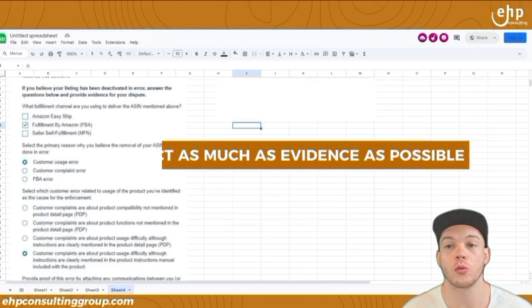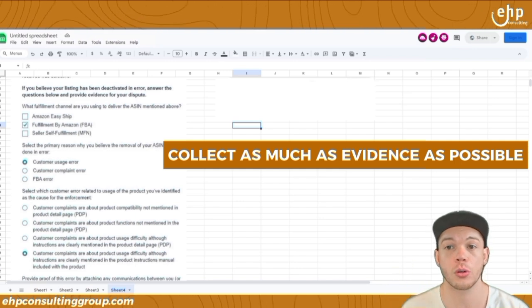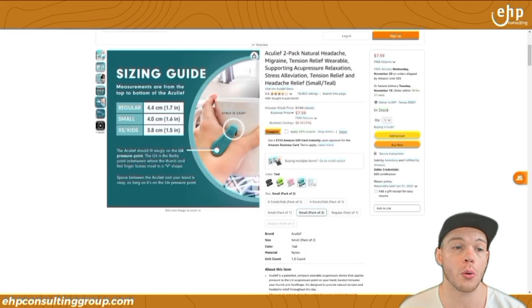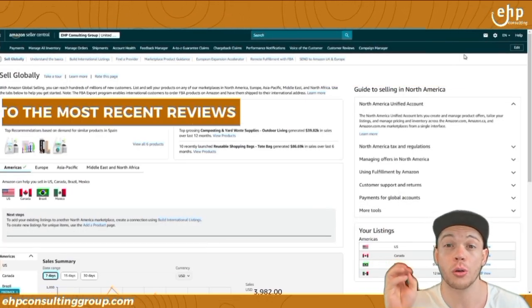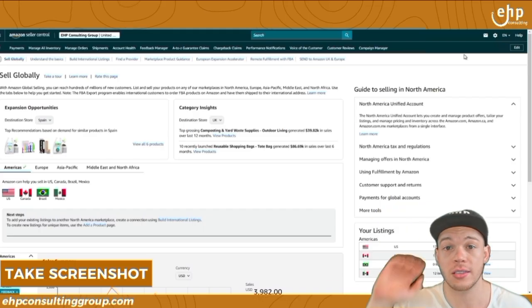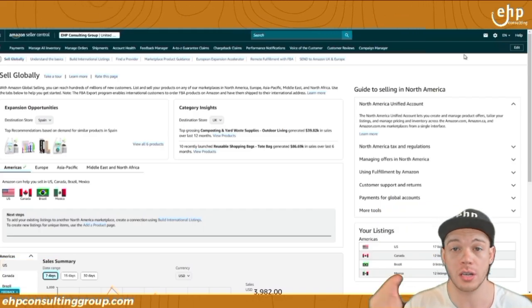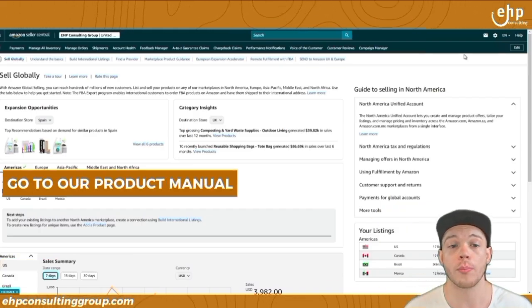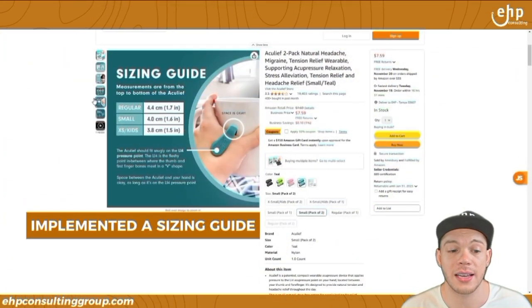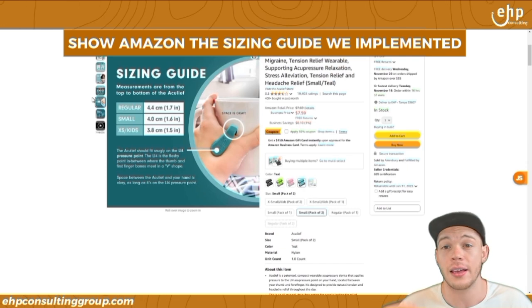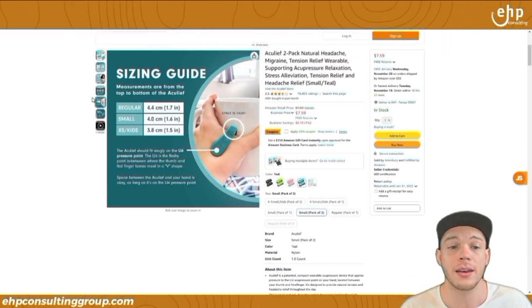If it is this, then you really do need to collect as much evidence as possible. In this case, what we would do is we'd go to Amazon and we'd go to our messages and see the customer messages. We'd look through our most recent reviews, take screenshots of those, and see that it actually was customer error. After that, we're going to go into our product manual and say, you know what, the biggest issue and the return reasons were because the customers, it wouldn't fit on their hand. So what we did is we implemented a sizing guide, and you're going to show Amazon the sizing guide that you're implementing or that you're going to implement,